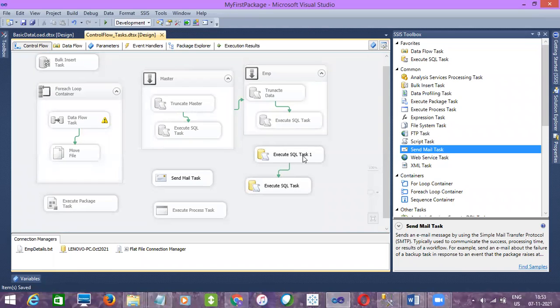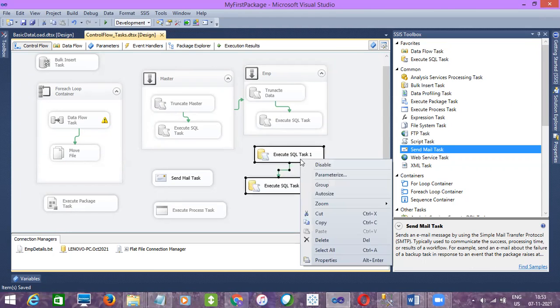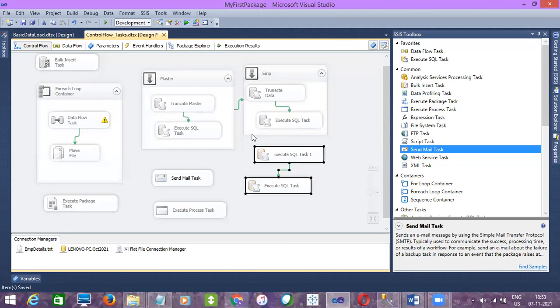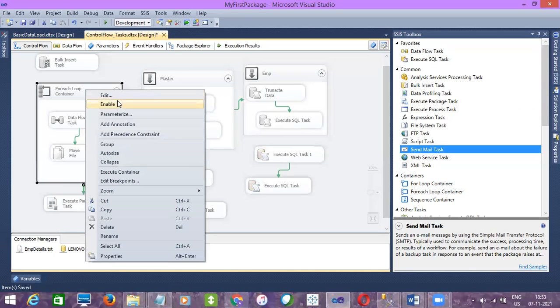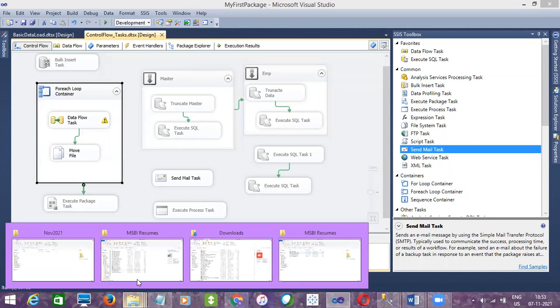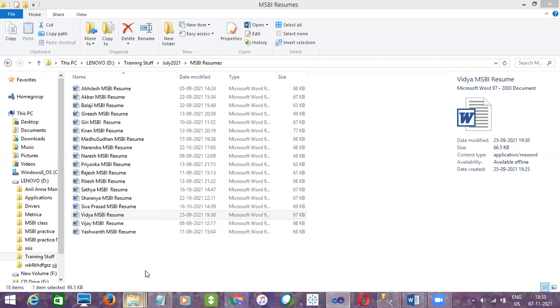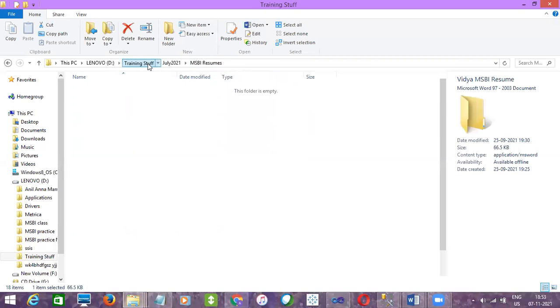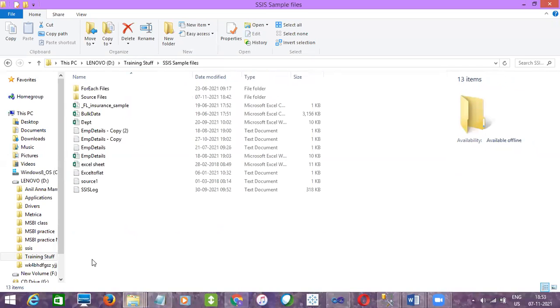So let me execute this one, the for each loop container. I'll enable this. We'll copy the source files over there into the source folder.